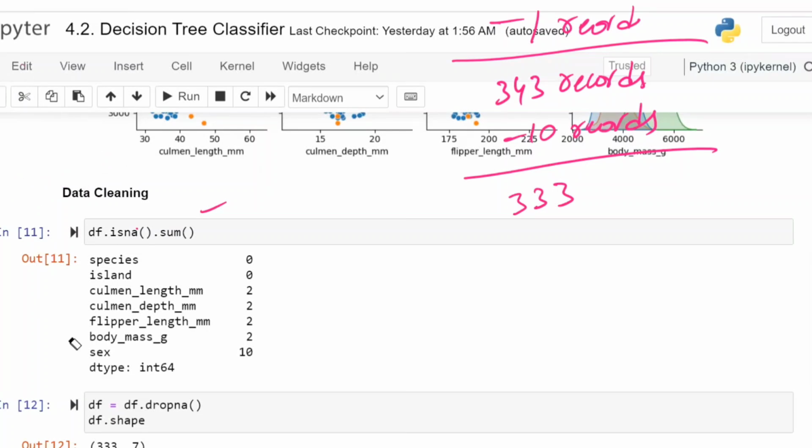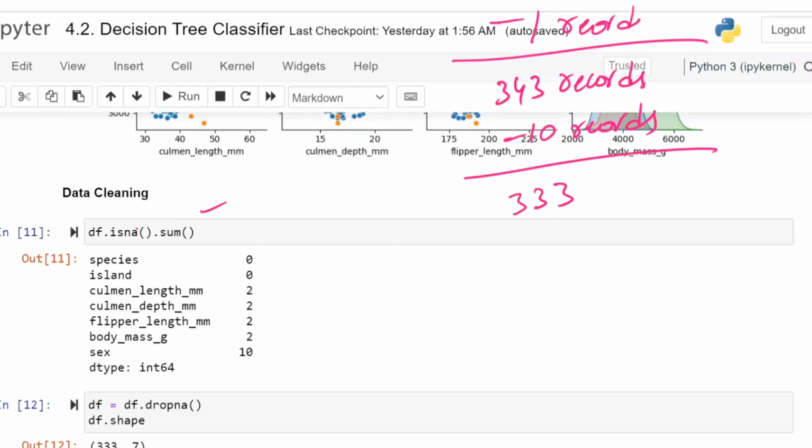Now, why are you dropping? Instead of dropping, you can replace now. You do that as the assignment. That is your assignment: I will try with the drop, you try with replacement. Out of these two, whichever has the highest accuracy, that is the best answer. If you get the better accuracy, your answer is best. If I get the better accuracy, this is the best. That one we are trying, and this one also we are trying. Everything we are going to try.